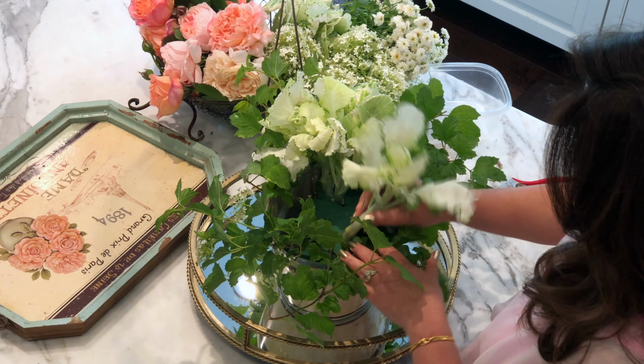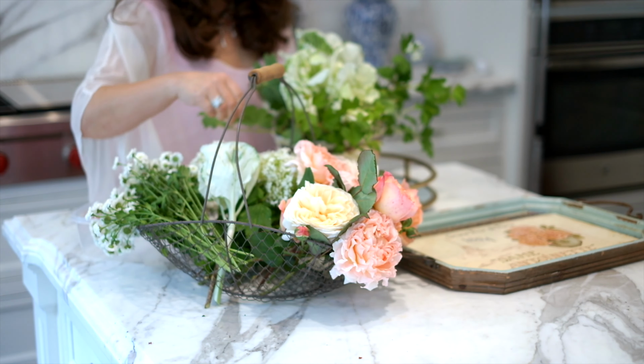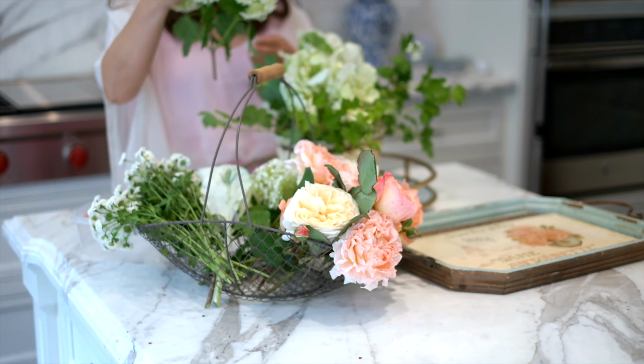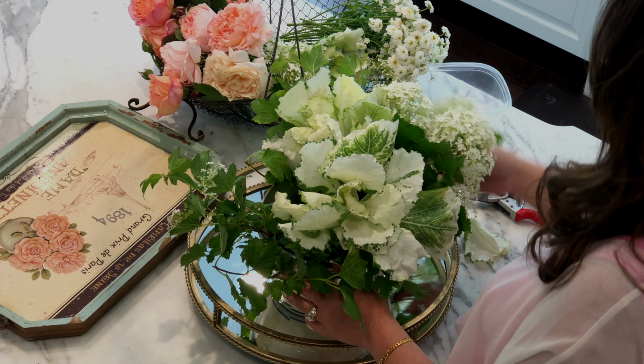And sometimes I'll put them together for a more full rosette shape. Sometimes the kale is not a complete rosette. So I just kind of put them together to make one big rose shape. Now I have some large stems of this viburnum. What I'm going to do is I'm going to place it sort of asymmetrically. I'm going to put it on this side